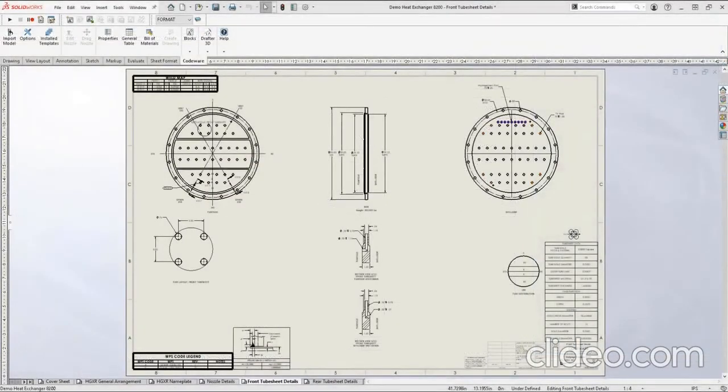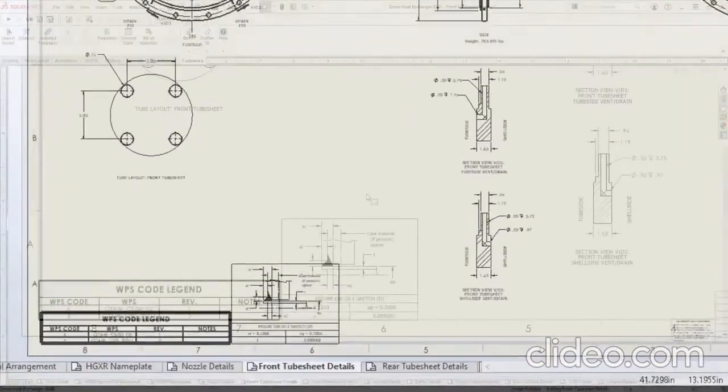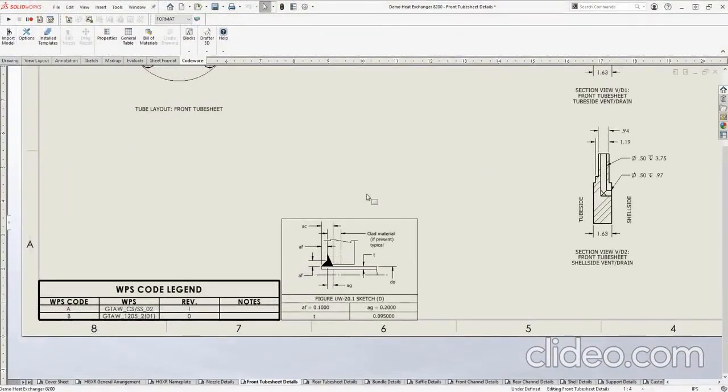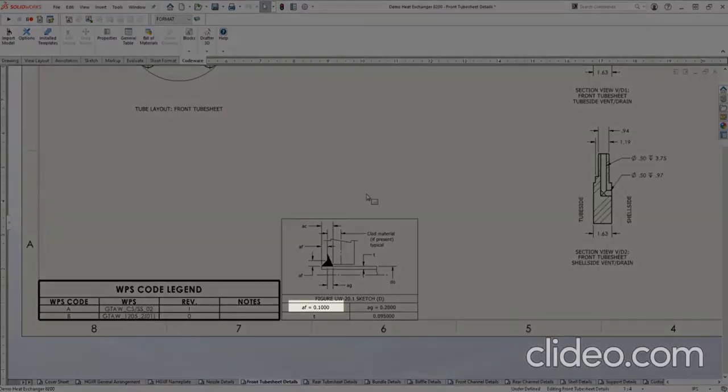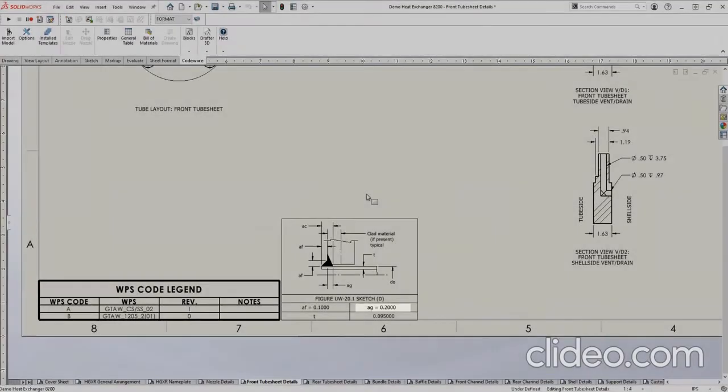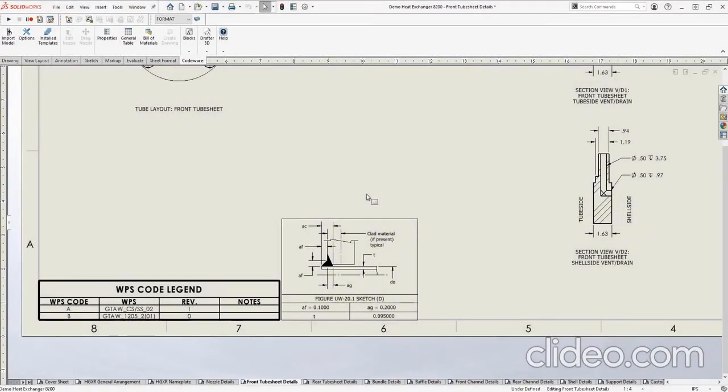The last feature we will be discussing is the tube sheet joint detail block. This block will be created for tube-to-tube sheet joint configurations that use the UHX calculation method in Compress. Details such as the fillet weld size, groove weld, and tube thickness are indicated on these blocks from your